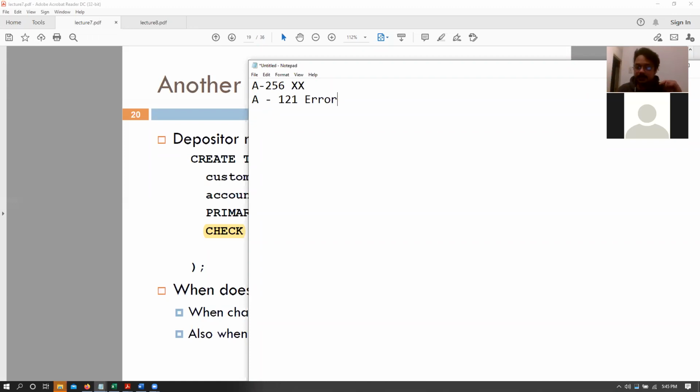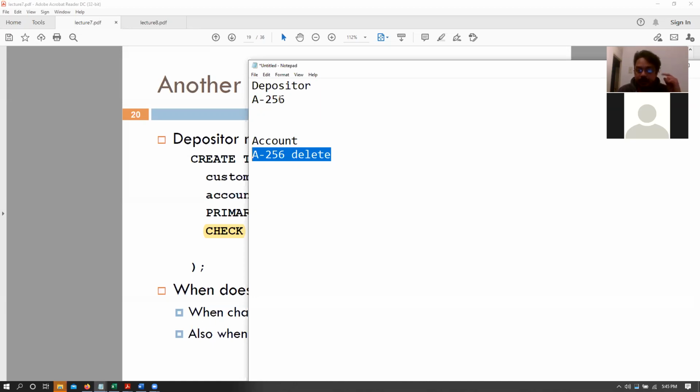The other way also applies. So for example, let's say that we have this depositor account and that has this account number 256. And let's say that this was the depositor table. And in the account table, let's say that we also had obviously this particular account number and other details. And let's say that we want to delete this particular tuple. So if we delete this particular tuple, that means that depositor would now be pointing to something that does not exist. So there are cases where we need to maintain these things.